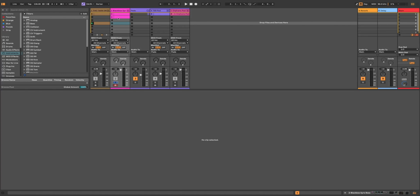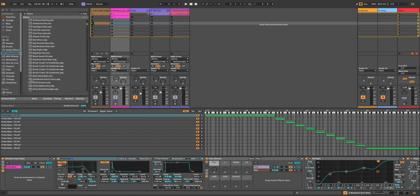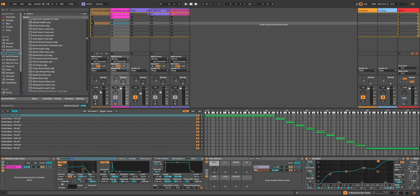Right. So I believe you can just find this if you go into instruments, then sampler, it's just called pulse bass. I've just done stuff with the filter in the filter envelope, I think. I added this,